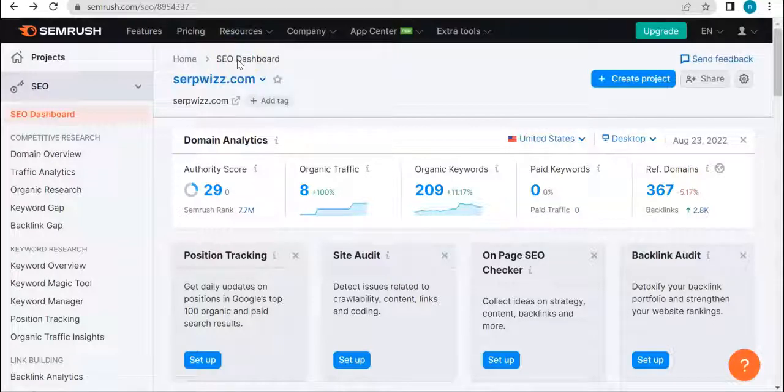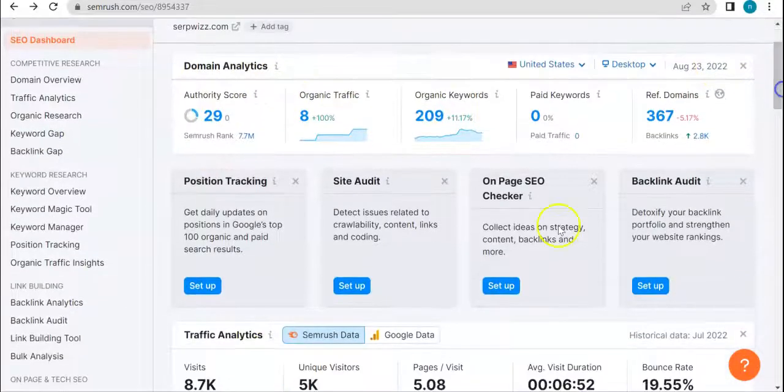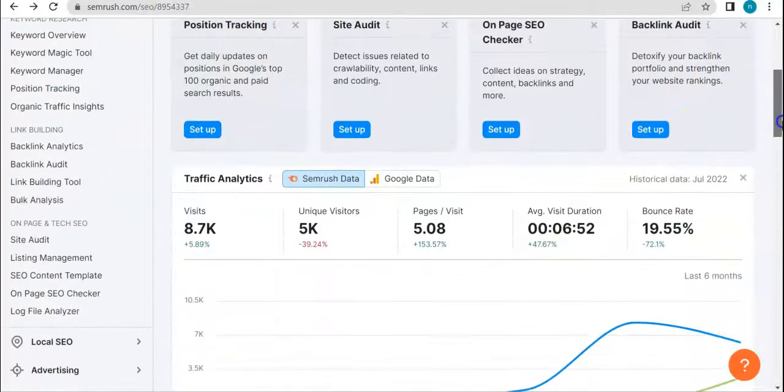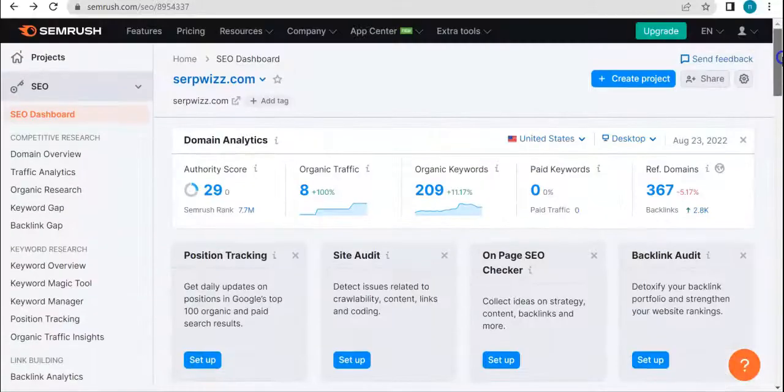So basically it's just gonna look pretty much the same as we go through all of these tools. What's just gonna change would be the metrics as well as the results, and if we set up some additional tools right here, then definitely that's gonna affect how the overall interface looks. But as far as the simple steps go with creating your SEO dashboard, that's it. Very simple, very straight to the point. You're gonna get a lot of accurate results that you're looking for if you use SEMrush's